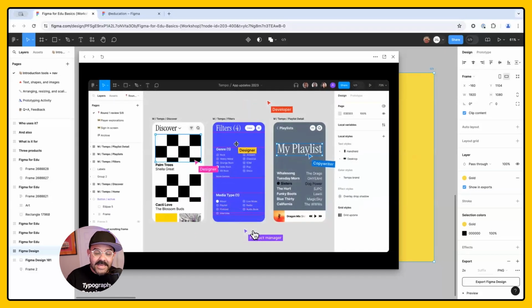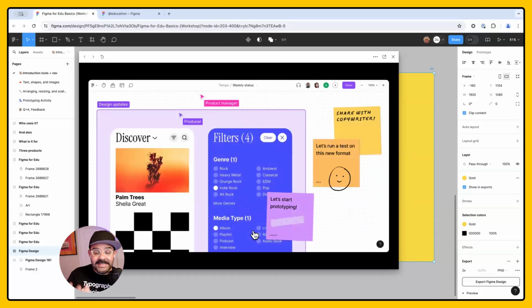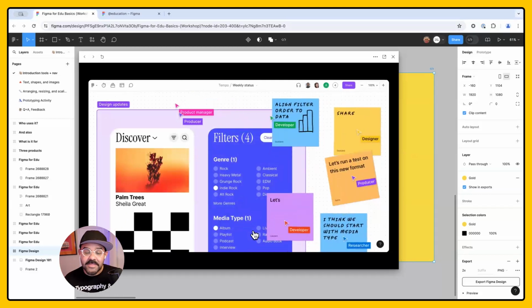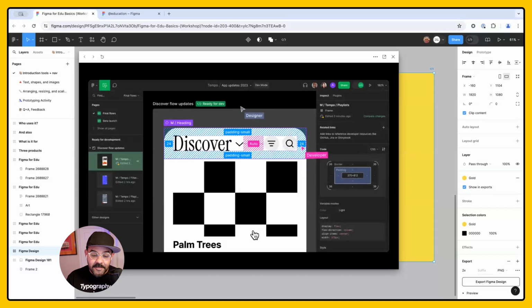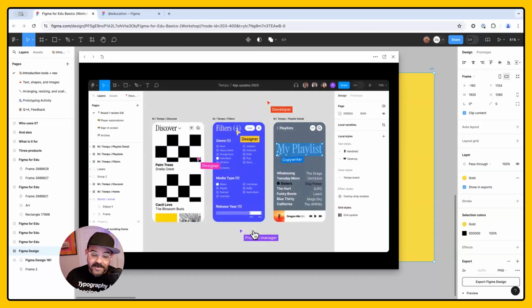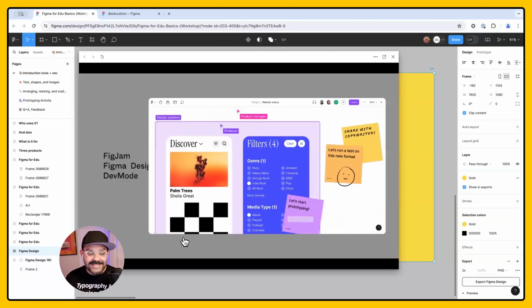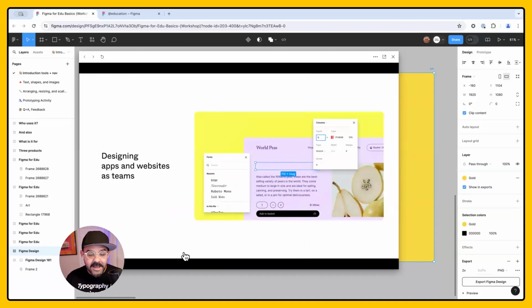So if we take a look here, you can see folks that are working together. They're jamming on their ideas in FigJam, right? They are working in Dev Mode, inspecting a design so they can think about how it's put together. And in Figma, they're creating the typography, the graphical layout, and putting those ideas together. Okay.